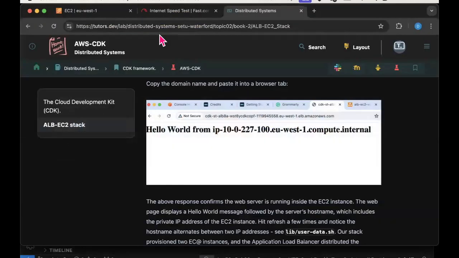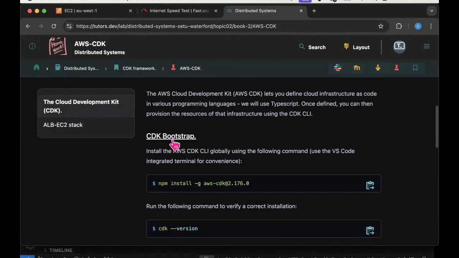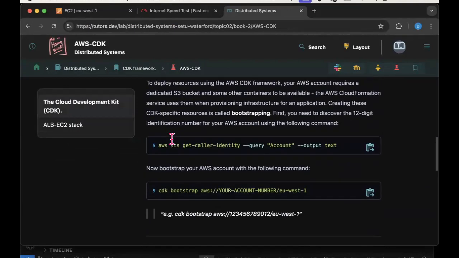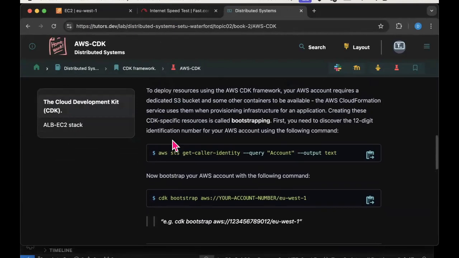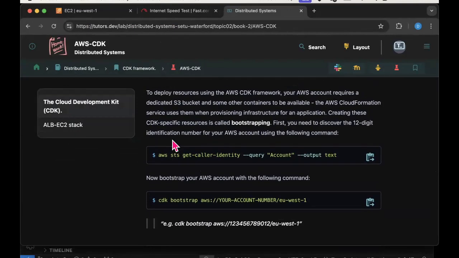Really, the purpose of this lab is to ensure that you what's called bootstrap your AWS account. And I talk about that in this part here. Okay. So I think you should work your way through the lab. And if you get that 502 gateway error at the very end of the lab, then don't be concerned about it. I'm hoping you won't get it if you make the change that I just showed you there to the